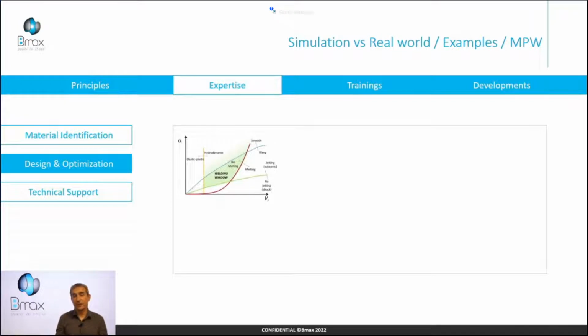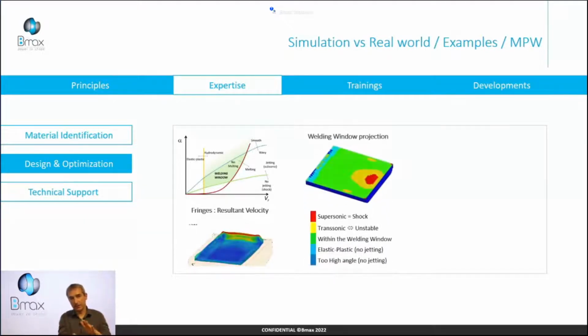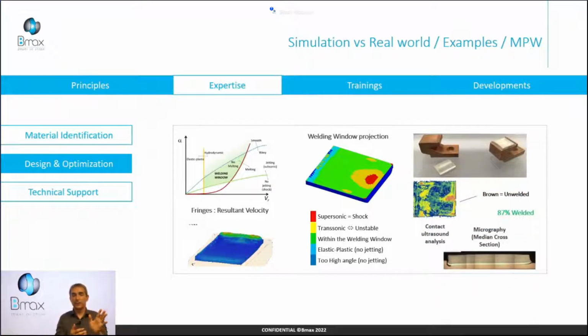So first of all, we defined the welding window. The welding window is the impact condition where the welding is possible between the couple of materials. It's impact velocity and impact angle. The green zone is a good condition to weld. After, we perform geometry simulations, and we track this angle and impact velocity on each node on the interface. And we project this couple of parameters on the welding window, and the yellow and green surface on the part indicate where we can expect a welding. We change the settings to maximize this area, the green area.